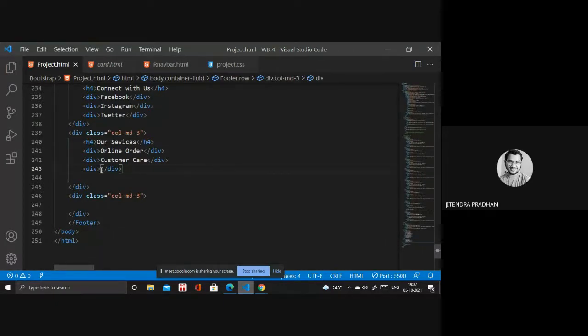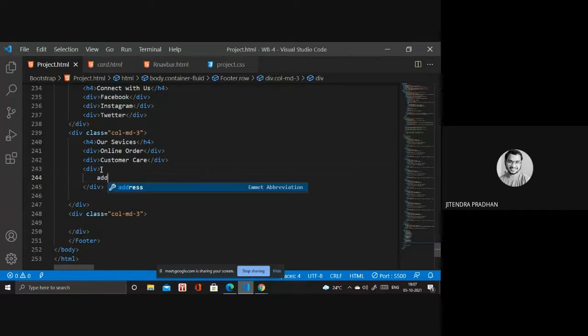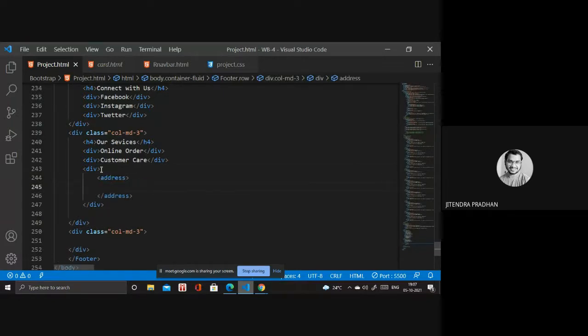Okay, I will add the address as well inside. So 1 to 1, 1 to 3, third floor, Hyderabad.